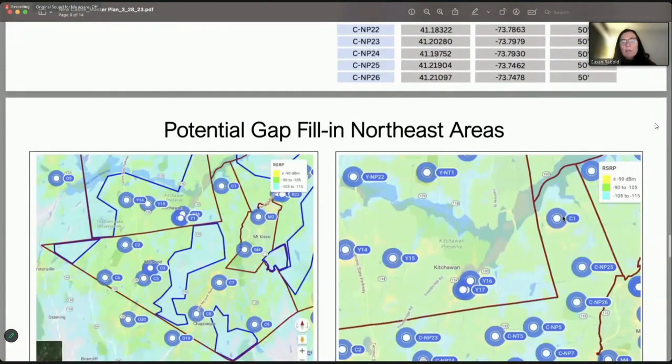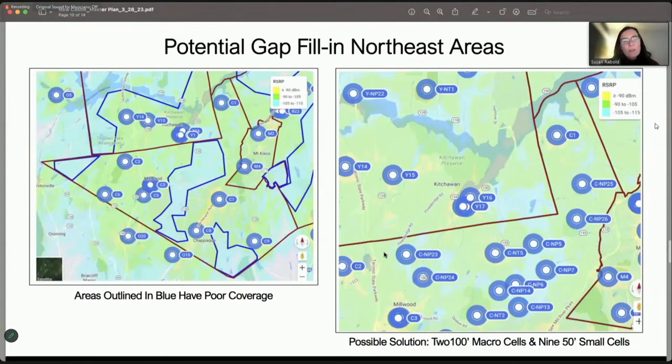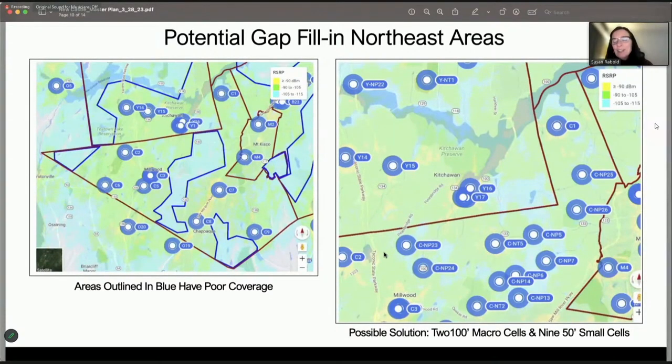So when we zeroed in on the potential fill-ins, we identified the areas that have the worst coverage in these blue areas. So you've got 3 areas of great concern. And then we go by the quadrants. You've got sort of an unusually shaped boundary, so it's not a perfect view, but in looking at the Northeast, we recommend 2 macro cells and the use of 9 small wireless facilities